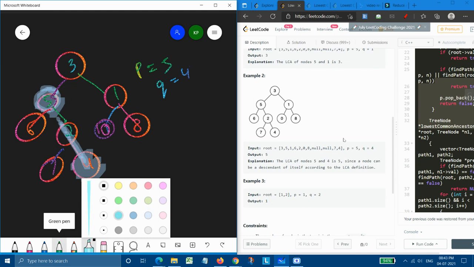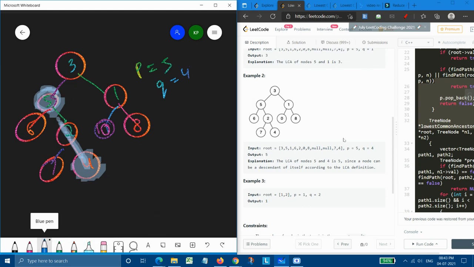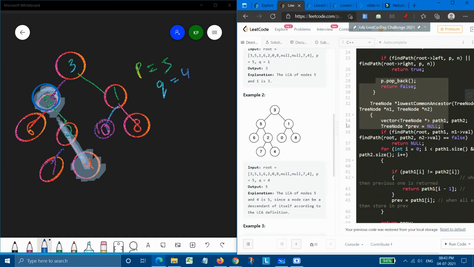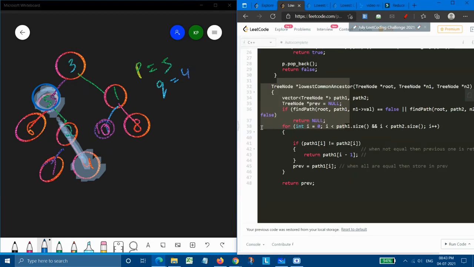But as we are doing it with the help of those path arrays, so what will the path array of 5 store?